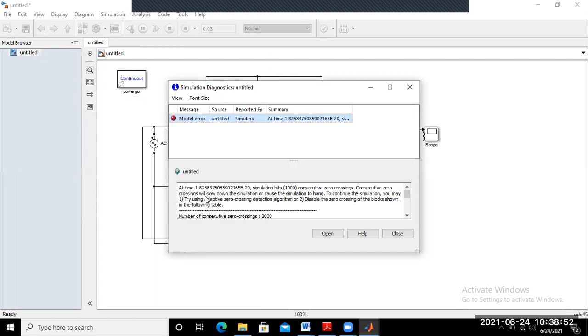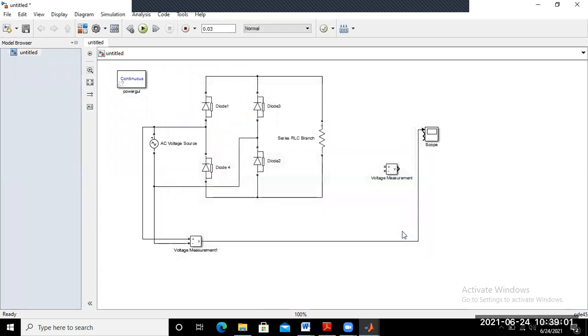Executed zero crossing will slow down the simulation or cause the simulation to hang. So it continues. Something is going wrong, so we sort out this problem. Why is it not showing through the scope?